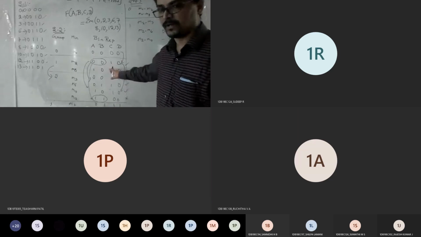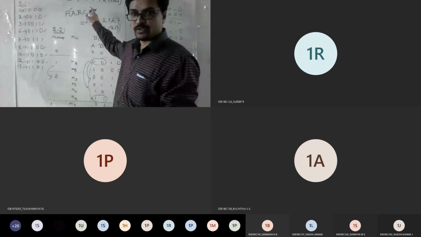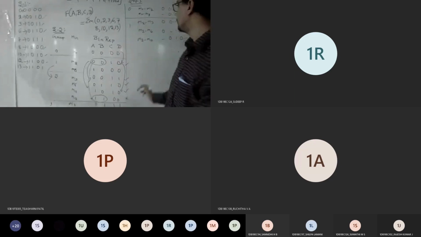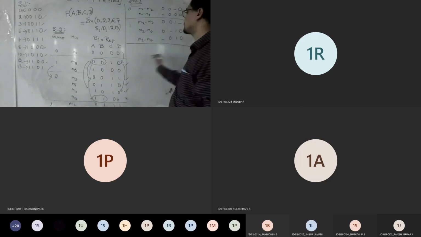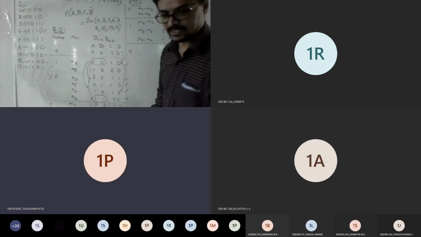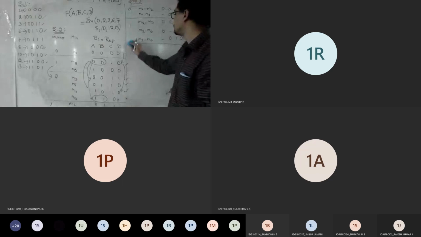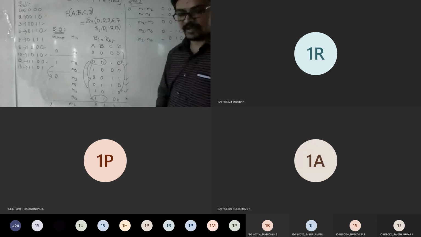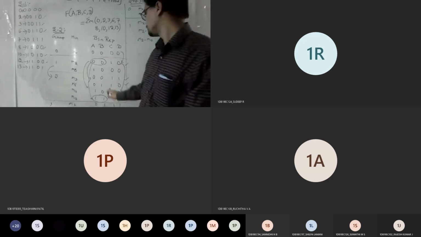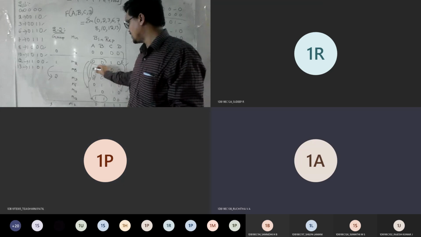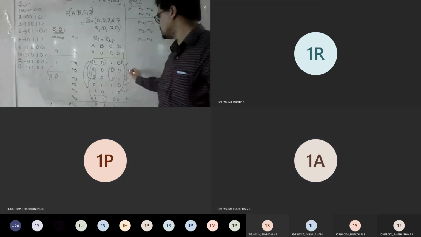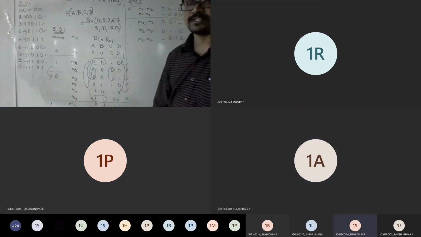So if you don't get how to compare here, write separately like I told, and you can get the answer. So group 1 is done. Next. So not less, still it is there. M8 is also there, right? Now compare M8 with M3. Is it possible? No, right? Here change, not possible. So M8 M3 is not possible.